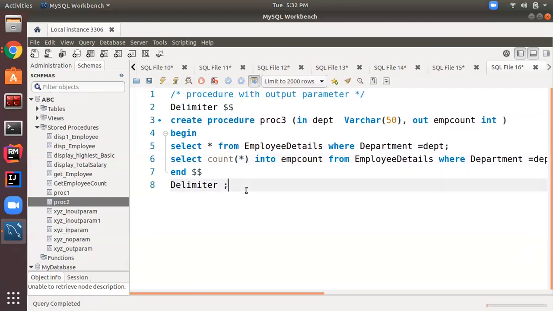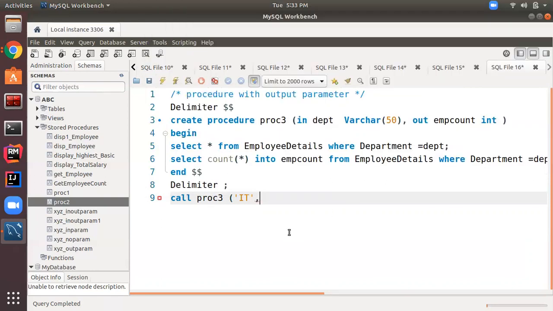Now how to call this? We can call it like this: call, what's the procedure name? Procedure 3, right? Procedure 3. And what is our input variable? Let's suppose department is IT, so we will pass its value like this. And what is the output? Amp count. And we want to fetch this amp count in a variable, let's say e count.